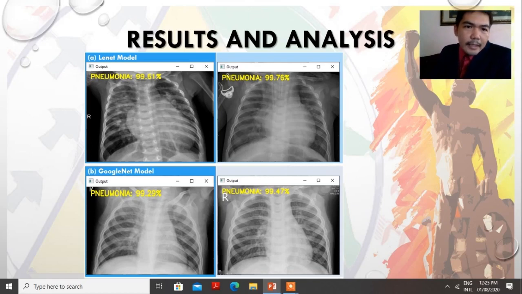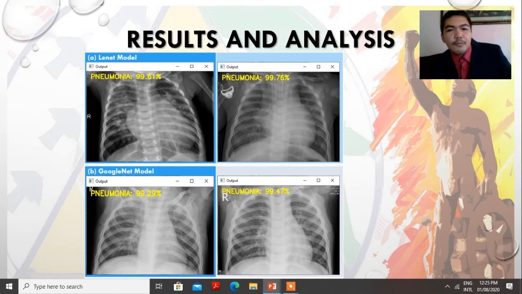So in a Nanette model, we have the image detected that it is infected with the pneumonia, 99.61% on the left. Another example, we have pneumonia detected on the right image with a grade of 99.76%. So for the GoogleNet model, we have tested it, we have 99.29%, it was detected that it